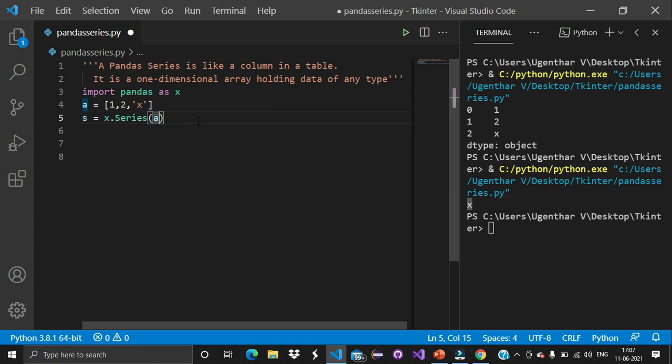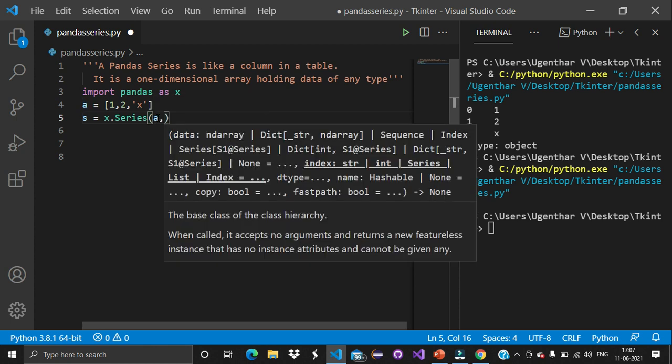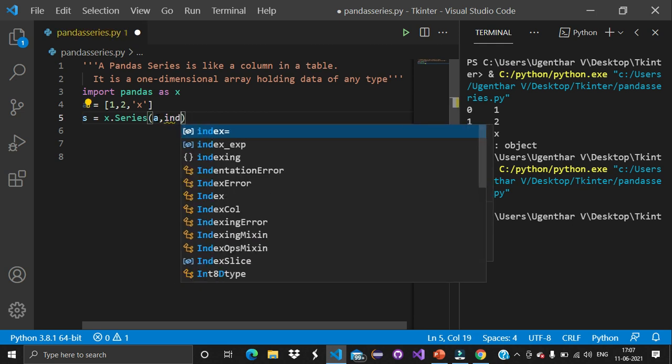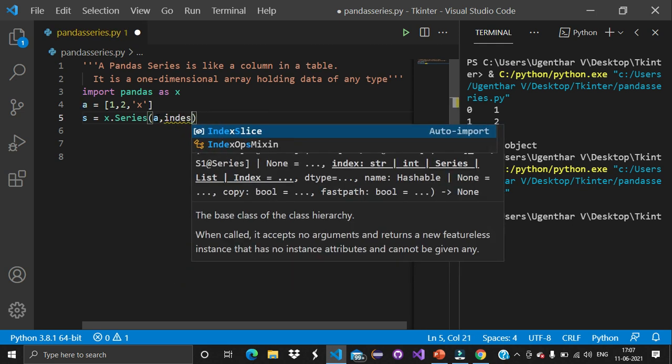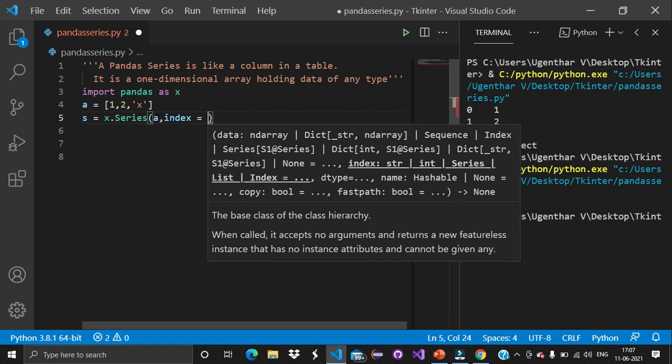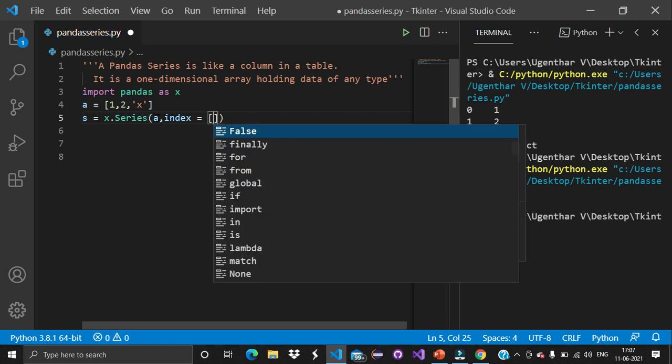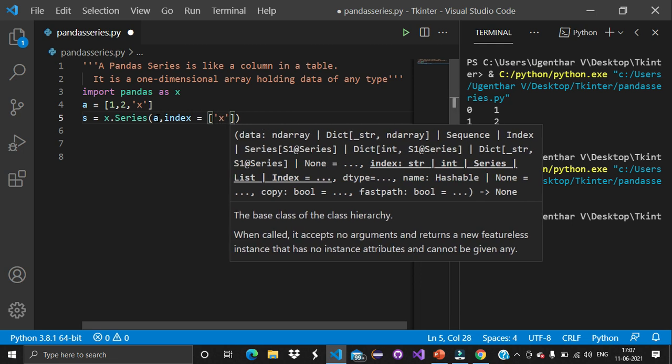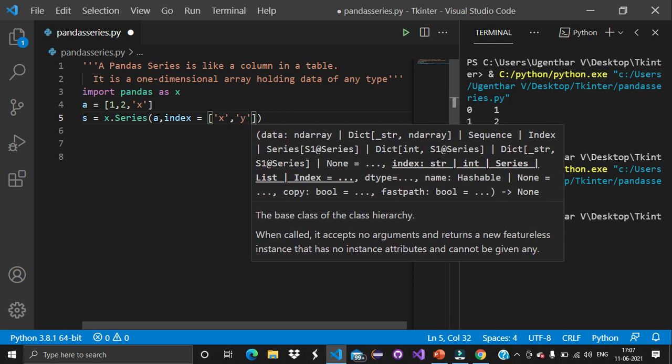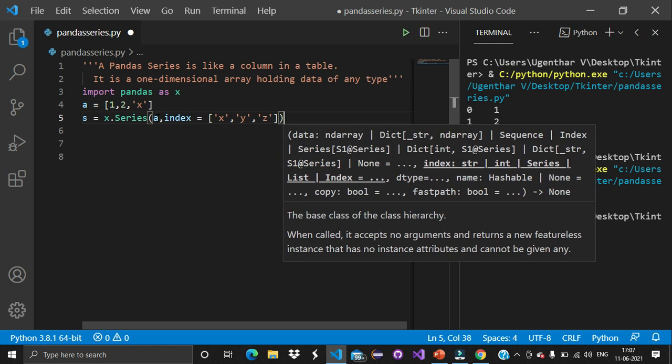If you want to specify your own index values, like X, Y, Z, you can specify it like index equal to, and you should give it in the form of an array. I am giving the index values as X, Y, and Z.